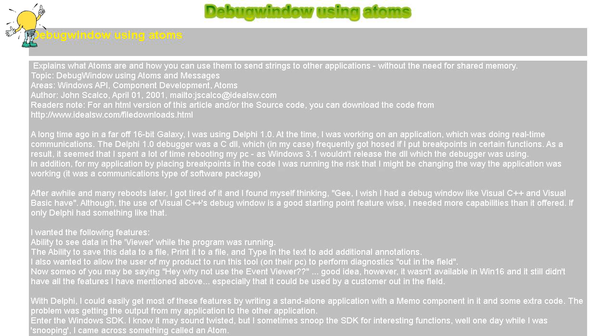if GlobalGetAtomName(Message.LParam, szBuffer, 255) equals 0, then StrCopy(szBuffer, 'Error: atom not found'); sMessage equals StrPas(szBuffer); Memo1.Lines.Add('dbg' plus sMessage);